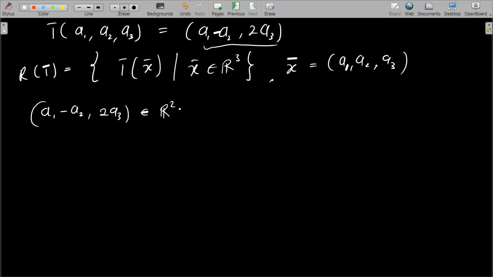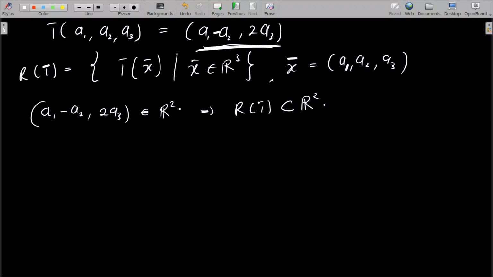So what can I say? If I can say that, then it means that all the vectors in the range of T are elements of R2. It means that the range of T is a subset of R2. But we can say more about this. Now let's look at any element we pick in R2. We know that every vector that belongs to the range of T, because the range of T is transformed to be this. So the range of T is just the